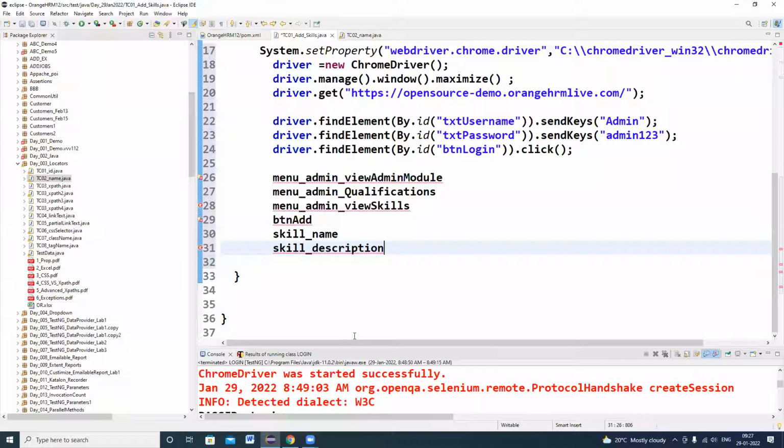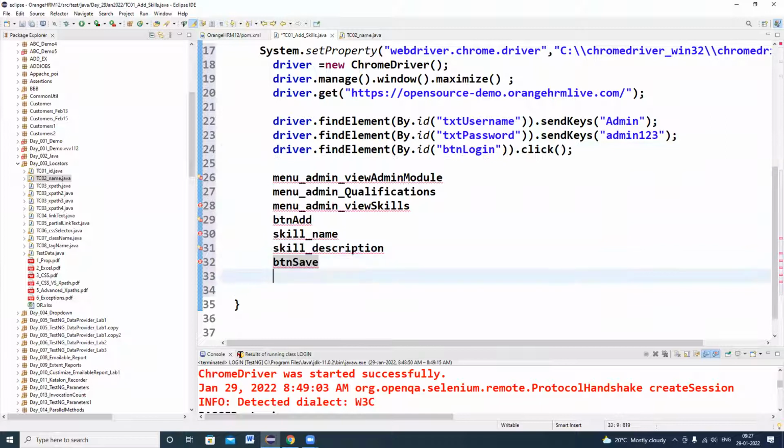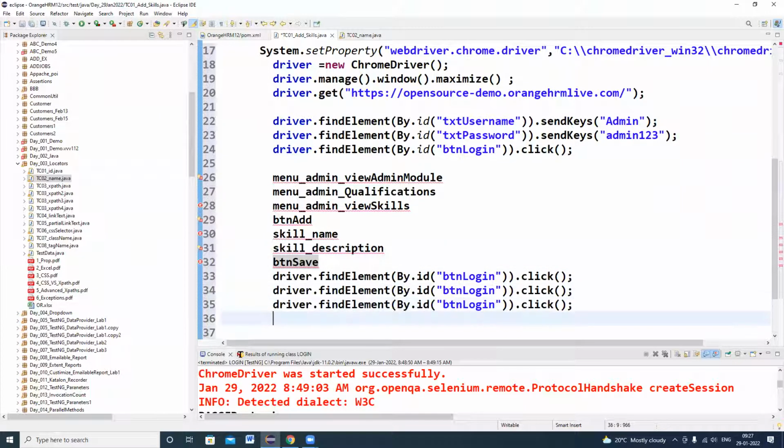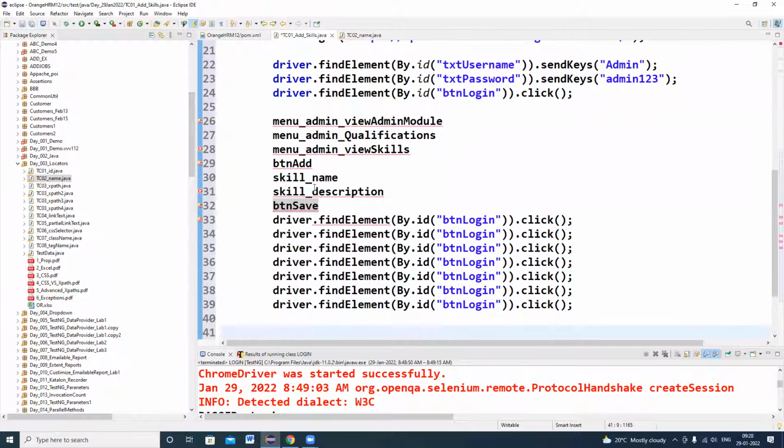Okay, I have taken every web element. How many lines of code do I have to write? 1, 2, 3, 4, 5, 6, 7. Let me copy one line of code for reference. Control C. First I want to click on admin. Admin.click.